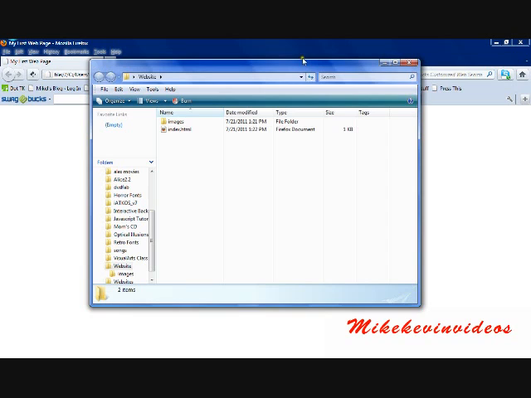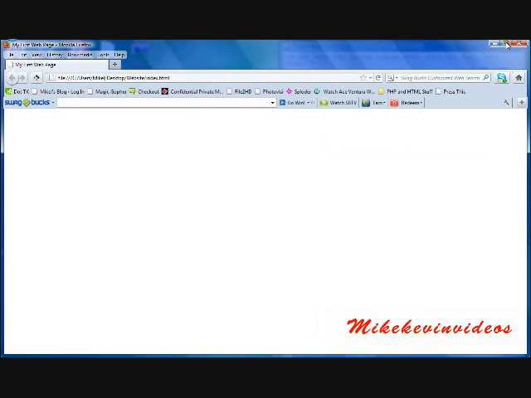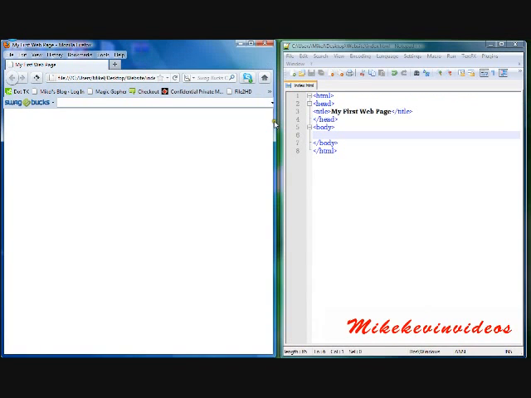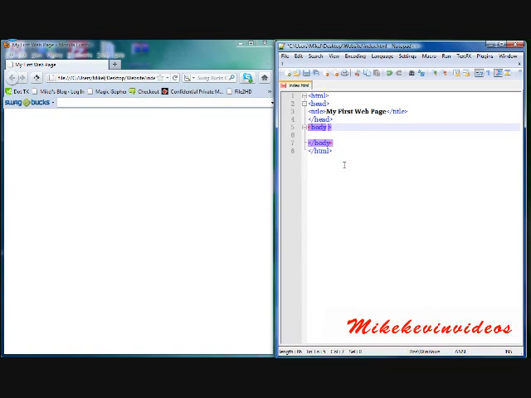So now what I like to do is I like to have these both half, so we can view and just refresh right away. So now we're going to add some attributes to the body. So let's say BG equals, which is background color, or background I mean. Or wait, no, it's background equals,